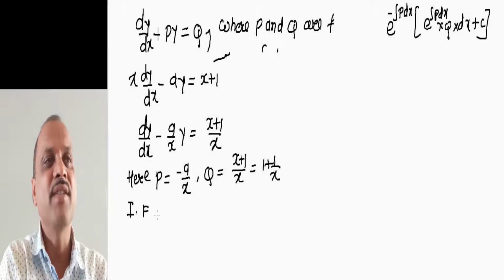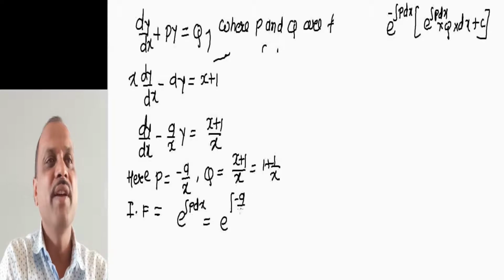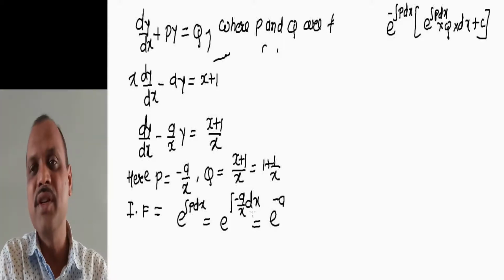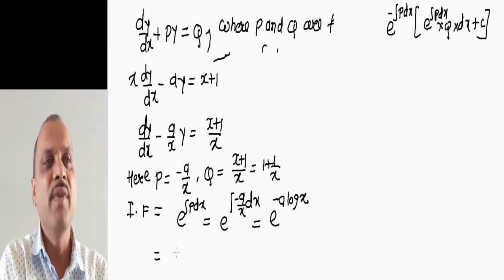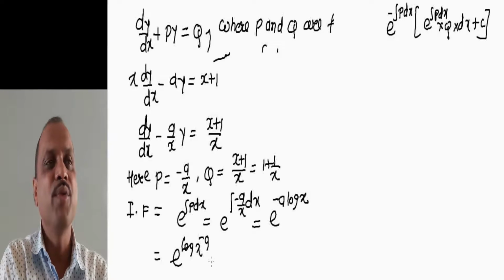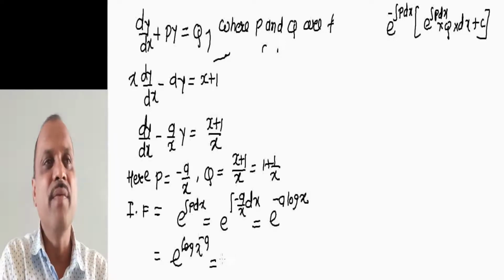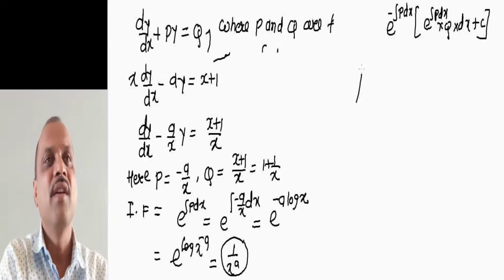Then integrating factor equal to, what is the integrating factor? e raised to integration of p into dx, that is integration of minus a divided by x into dx, equal to e raised to minus a into integration of 1 by x, that is log of x, or we write it as e raised to log of x raised to minus a. Log and e are opposite, so they get cancelled, and we have 1 divided by x raised to a as the integrating factor. Then the solution of this equation is equal to